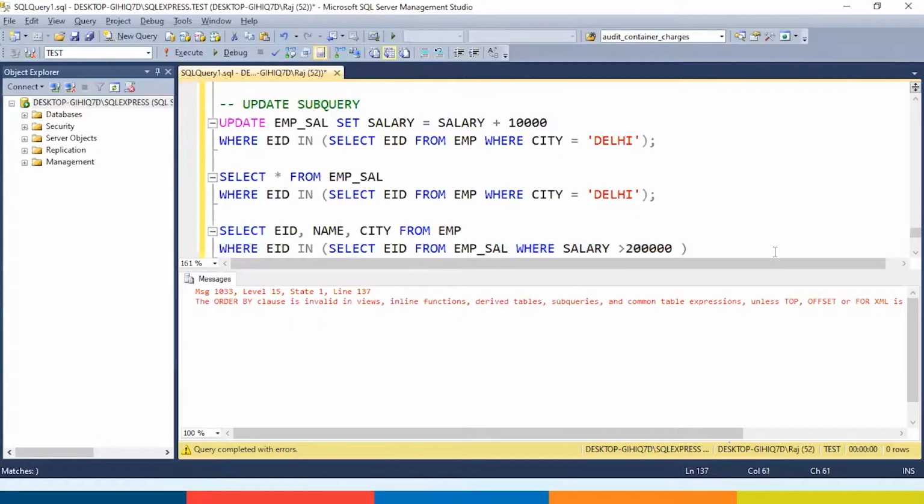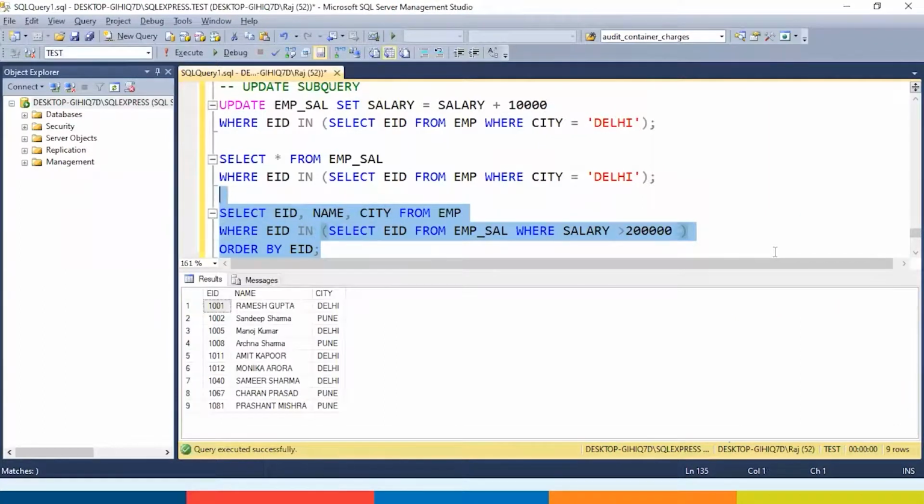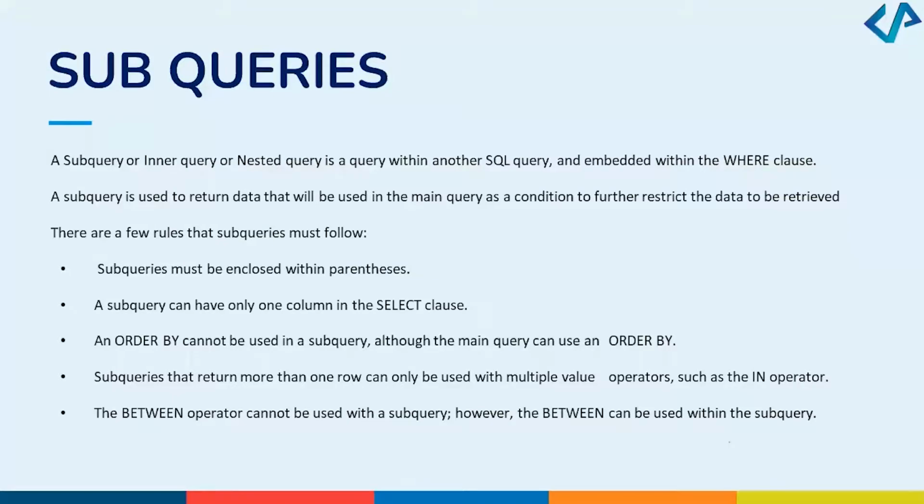However, if you want, you can use it with the main query over here. Here it will be used.